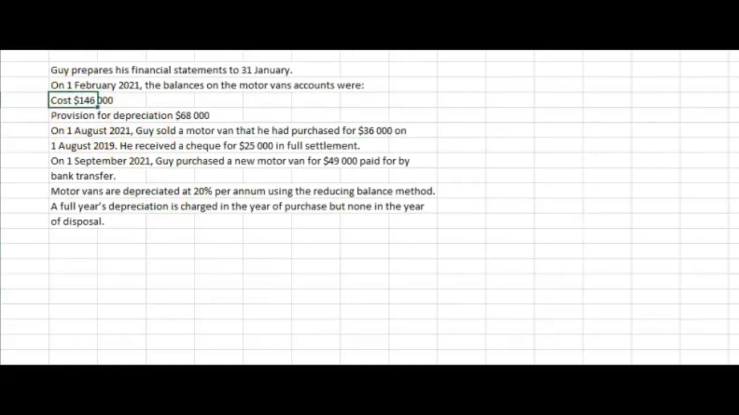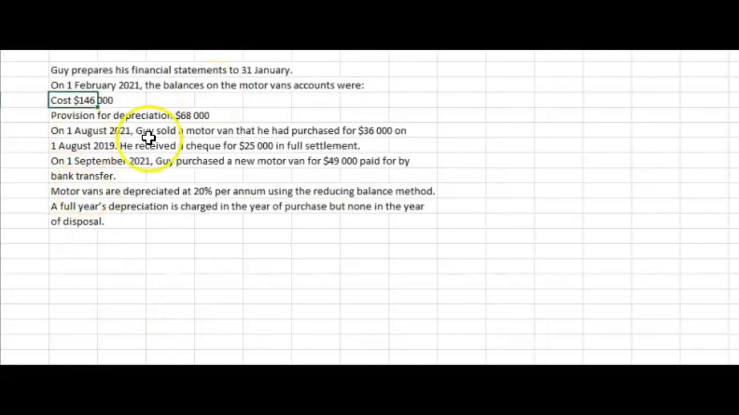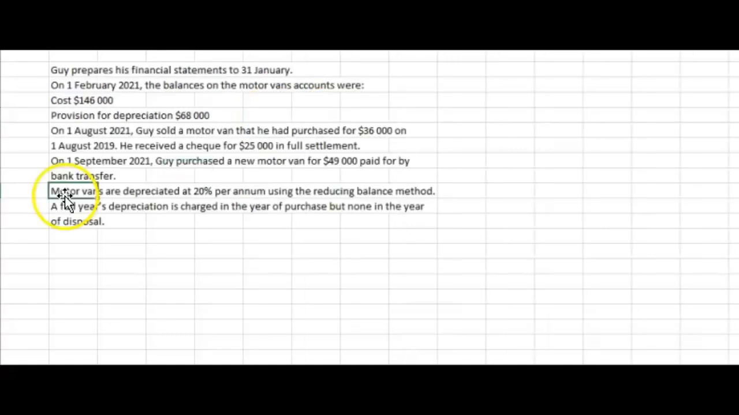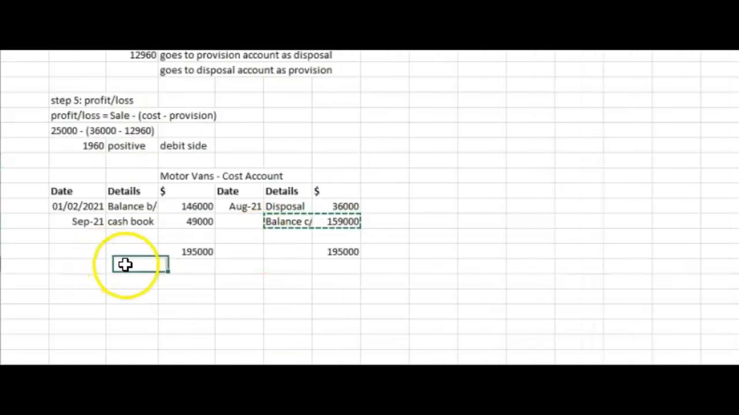account. Let's make the cost account. It's simple. Start with the balance so far, which is $146,000. Then, put the sold asset on the credit side with the detail disposal. The logic is, the sold asset reduces the balance of the asset, so it should be credit, as an asset is a debit account. The newly purchased asset will come on the debit side, as it increases the value of the asset. The detail is cash book, as it